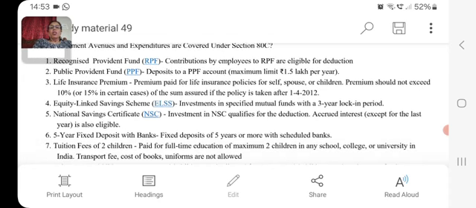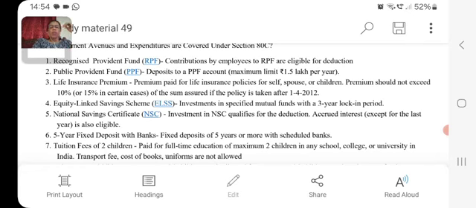In addition to this, the main important expense which can be considered for Section 80C is life insurance premium. That means if the assessee pays the life insurance premium on his own life or on the life of his spouse or children, then he can claim deduction for that. But the important thing to be noted here is that he cannot claim the deduction for LIC premium paid for his parents. That means if he pays the LIC premium of his father or mother, he cannot claim the deduction for that. And there is a restriction towards the amount also.